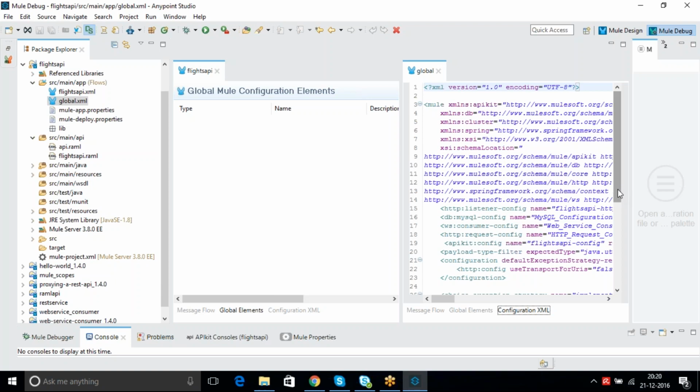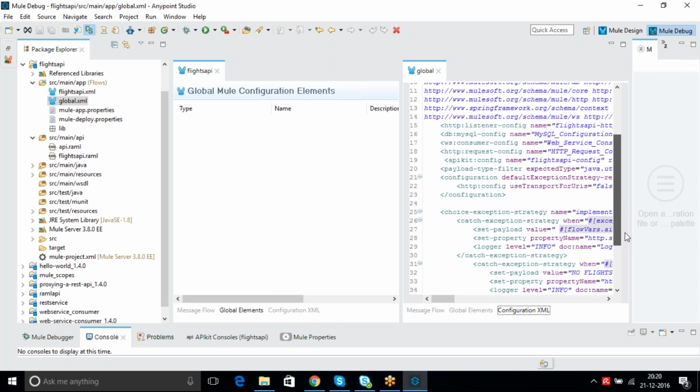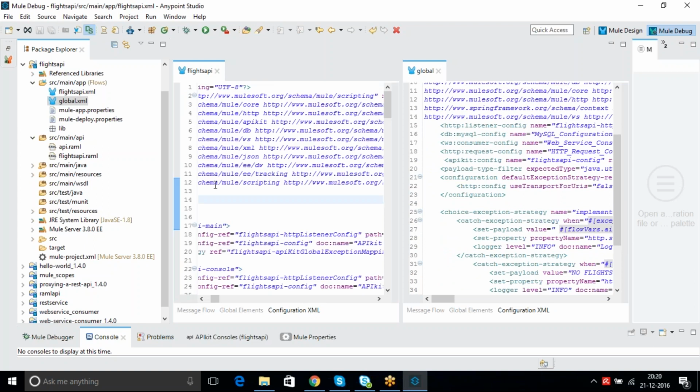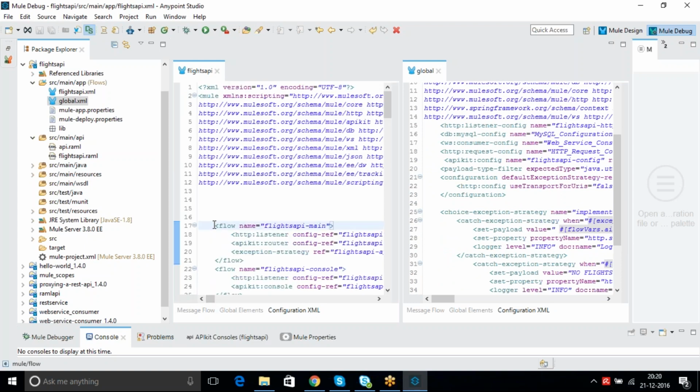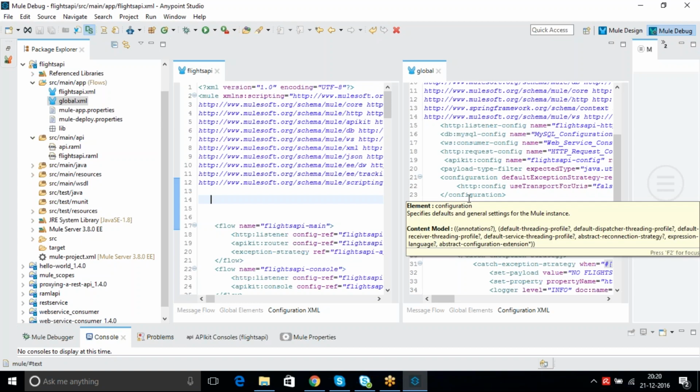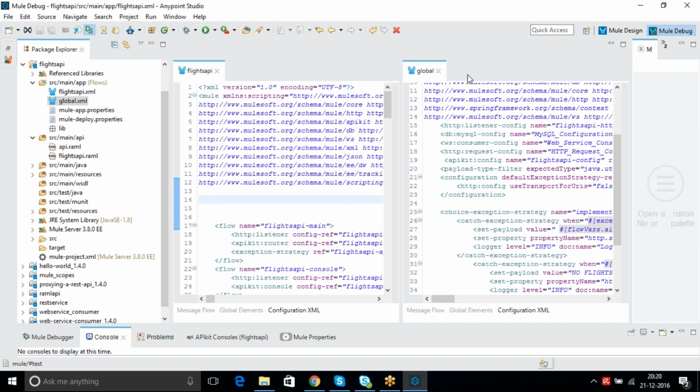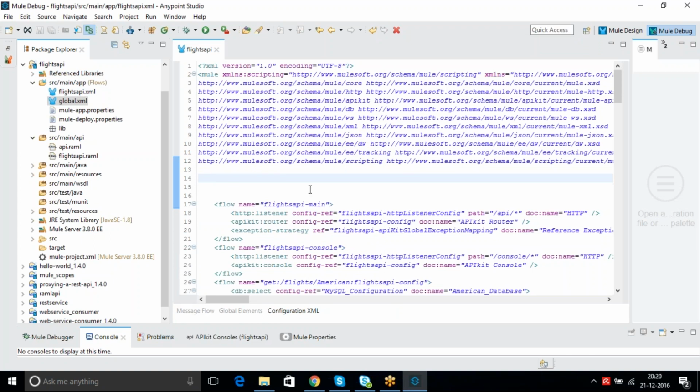Okay. So global connectors are always created on top of your flows. Generally it creates them on top of the flow. So this is the flow start, right? From here, at the main flow start, on top of the flow, all connectors will get created. So what we did is move them from flights API to the global.xml. This is how you can move code from one XML to another XML. Any code you can move like this. Now I will create one more XML configuration and move some of the code from my flights API to that one. Okay, let's see how it will be.